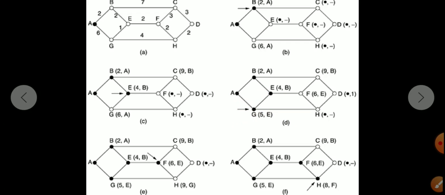We are going to find out the G. So for G router, what is the path we have to find out? Here G router's forward path was H only. So here G to H, what is the distance cost? 4 is the distance cost. So now you can see this. From A to H, what is the value? From A to G, 6 plus 4, 10. Right, 6 plus 4, 10.